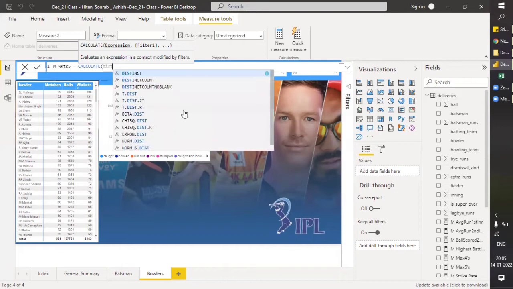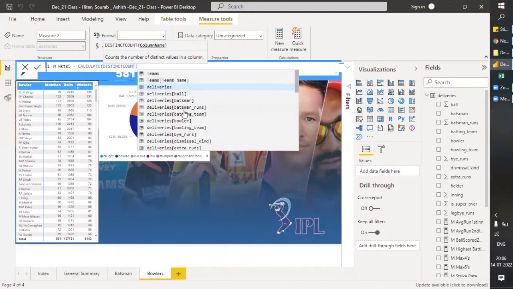So in this we will have the distinct count. Okay, so distinct count of deliveries, dismissal kind. Okay, how many dismissals there have been in total overall.